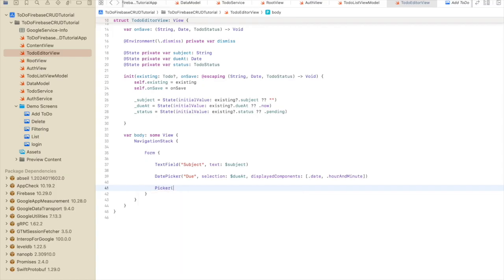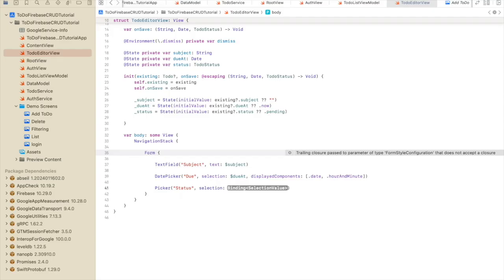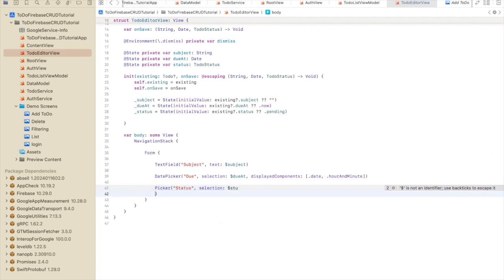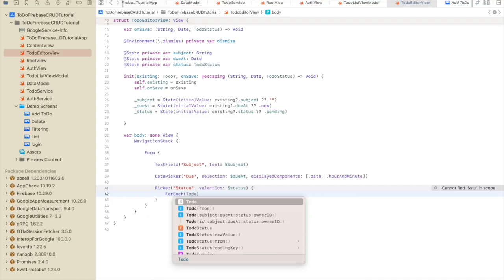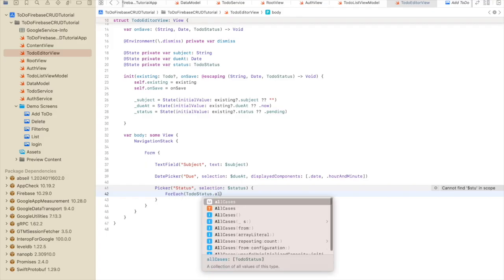And then within our picker for our to-do, we have statuses such as complete or pending or cancel, selection, and we loop through each of our elements in our array and display our statuses that enable the user to choose from. For each to-do status, all cases,